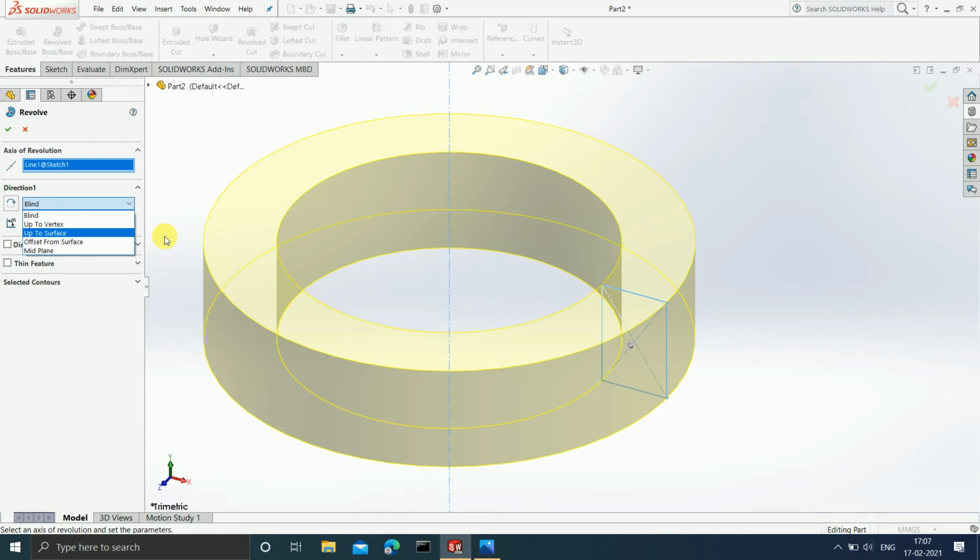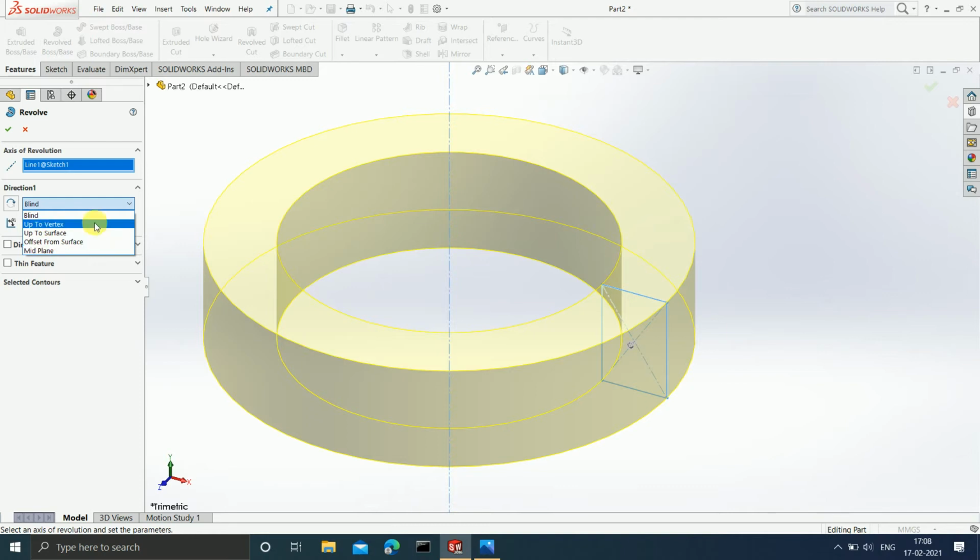So if you have another model, then you can choose the surface, otherwise you cannot. This is the same as the extruded boss base as we have done in the earlier videos. Over there also we have seen up to vertex, up to surface, offset from surface. But if you are still confused, don't worry guys, because in the next video I will be doing a 3D CAD model in which I will be making use of all these commands that are available.